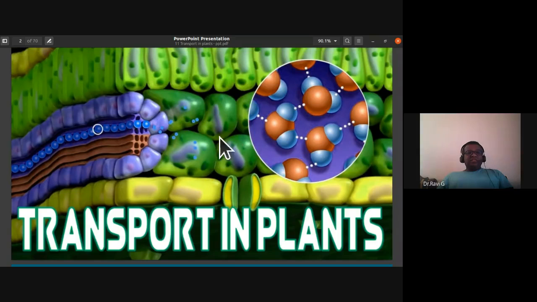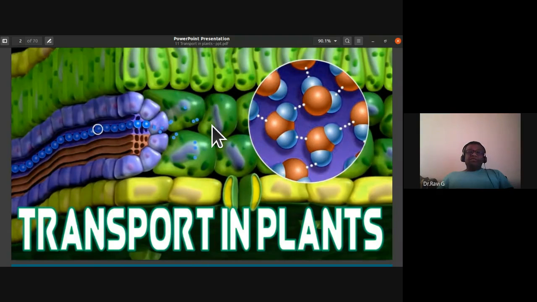The region where the food is synthesized, we call the source region. The flow of food, or organic solutes, or organic compounds, we call translocation of organic solutes, and it is multidirectional, through the sieve tube. The sieve tube forms a continuous column because of the sieve plates that they have. This is the transport of food from the source to the sink region, and it would be multidirectional. This is what we have to remember before we proceed into the topic of transportation in plants.